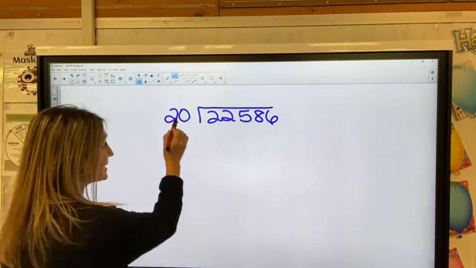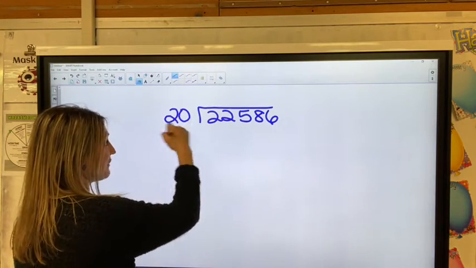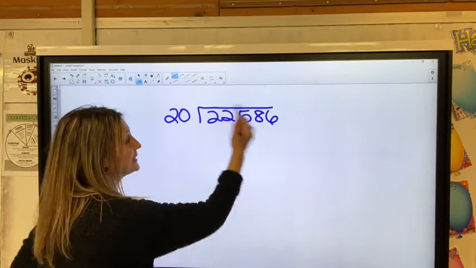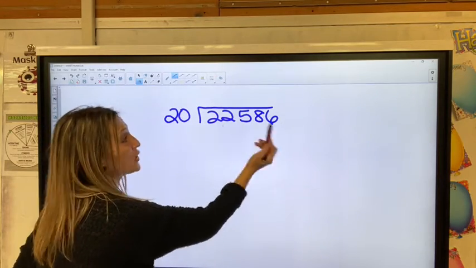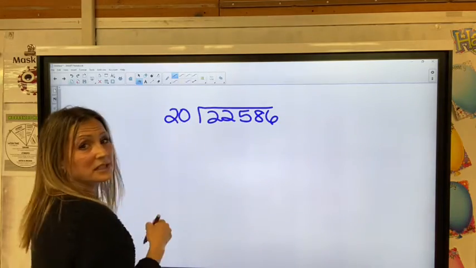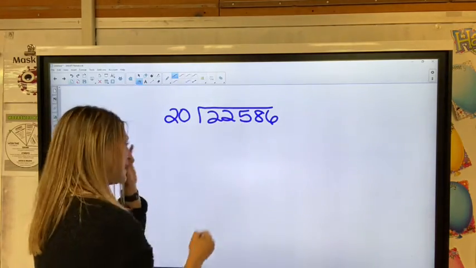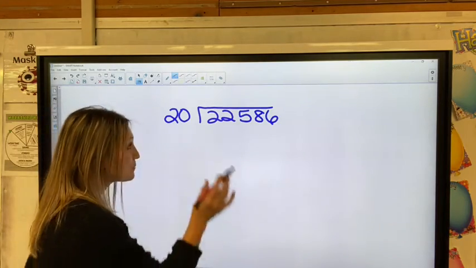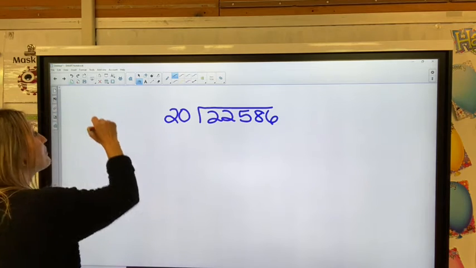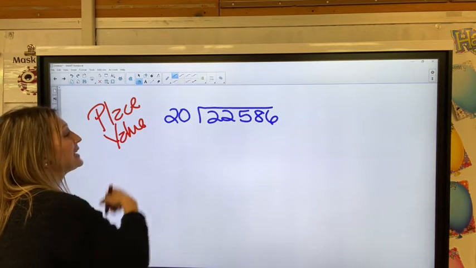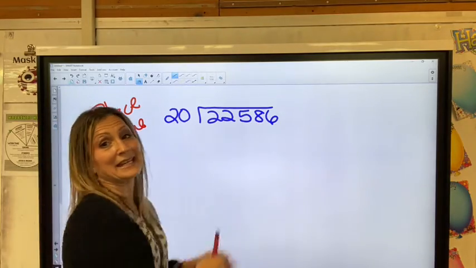I'm just going to divide this problem. I'm going to take this divisor. We know this is the divisor, what you're using to divide. This is the dividend. This is what you're dividing into. And if you remember my first video on long division, we talked about this all being related to place value. I need to see how many 20s I can get out of